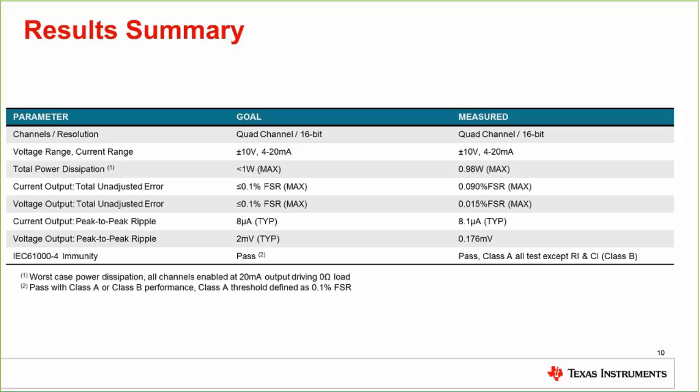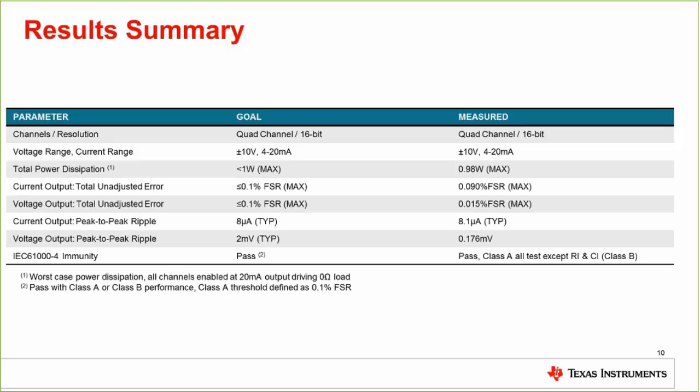We were attempting 30 volts per meter radiated immunity testing, and the test standard itself actually describes that the antenna needs to be about 1 meter away from the device under test or equipment under test.